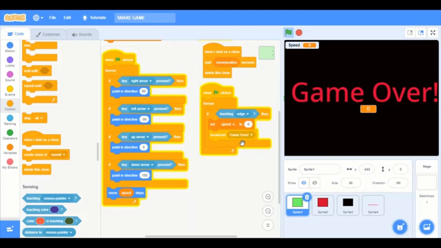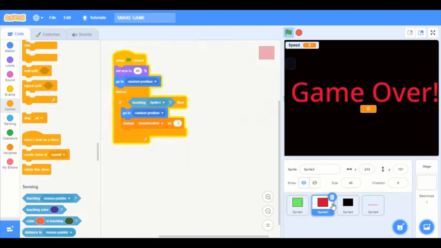the main sprite in this game. So the second sprite is the part that the snake is supposed to tap to grow itself or to earn you a point. So we have when the green flag is clicked, set the size of what the snake is supposed to tap to earn your point or to grow its length. Then go to random position. So the sprite will be juggling from one position to another. So that's why we're going to control the snake at least to get to it and tap it and earn a point. Then we have the forever function,